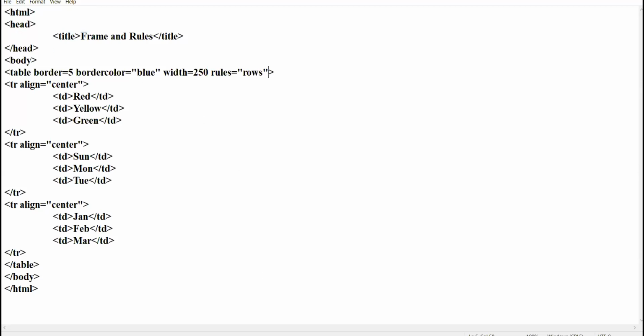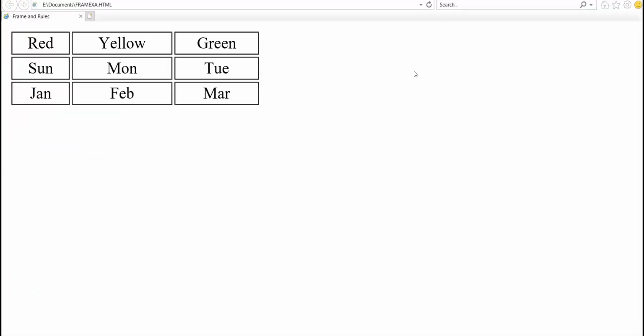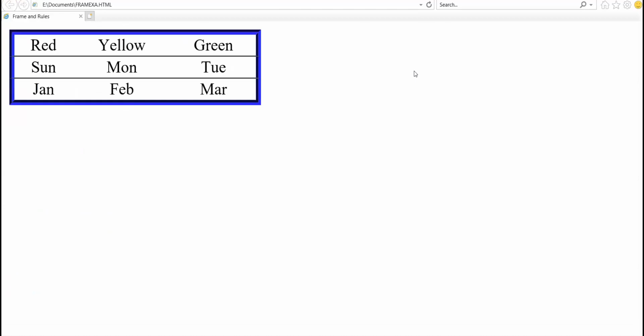Don't see the outside border. See the border on the internal side. Only after every row you will see the border.